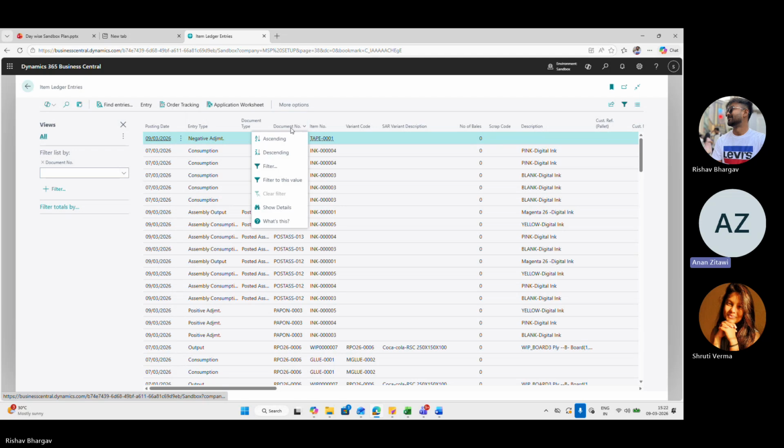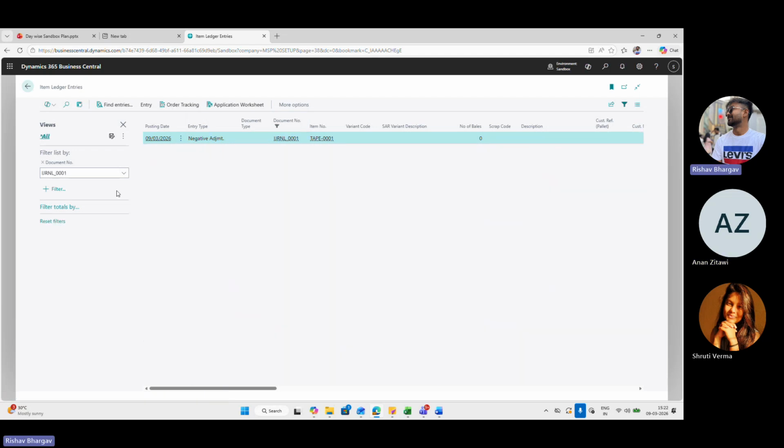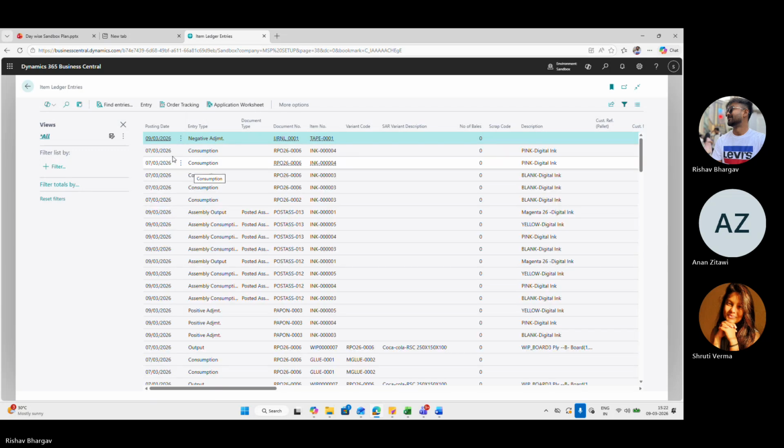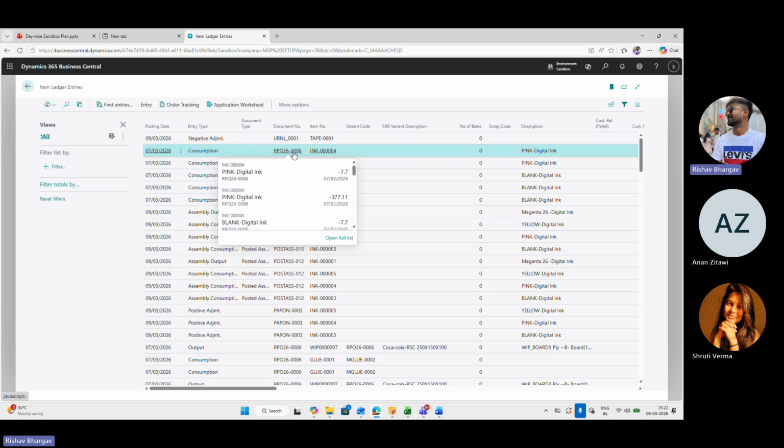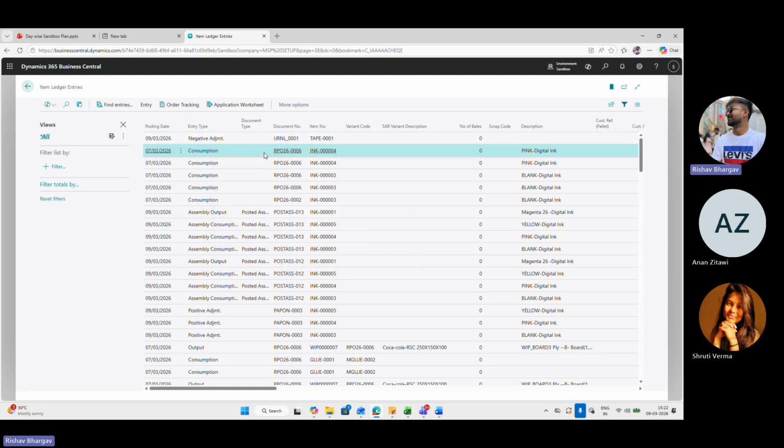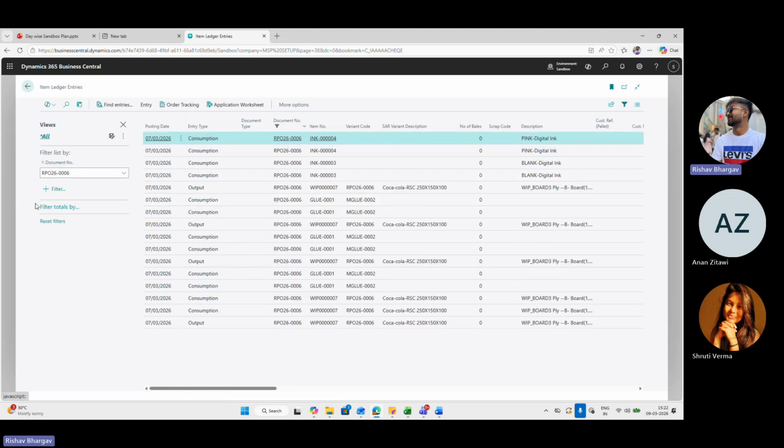Filter to this value, and it will appear here. If you want to filter this document number RPO 006, you just select this line and select the document number by right-clicking and filter this value. All the details of this RPO document number will appear.